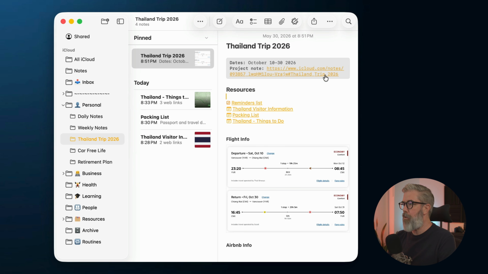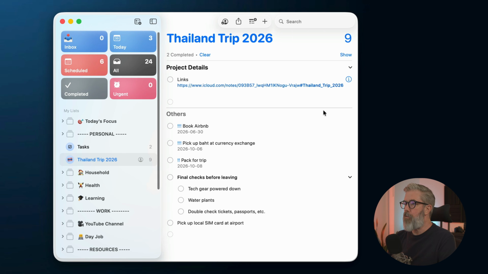This iCloud link here is a sharing link for this note itself. I just paste that in here so that it's handy if I want to copy and paste it somewhere else at some point. And then I'll list a bunch of other links to different resources. In this case, I've got a reminders list. So if I click the reminders list, it takes me over to Reminders right into the list that's related to